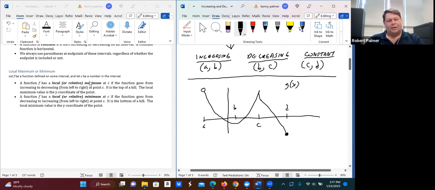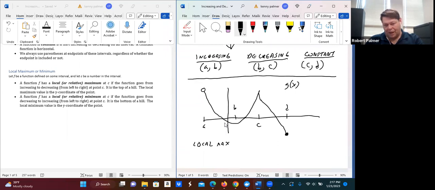Now, a local maximum value, do we have one of those? Well, actually, we do right here. Okay, it says the function goes from increasing to decreasing. So this here clearly goes from increasing to decreasing. Now it can be either smooth like a hill or just kind of an abrupt change. That's fine either way. Okay, but we see then we have a local maximum,